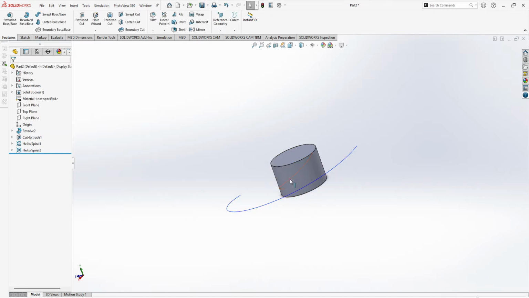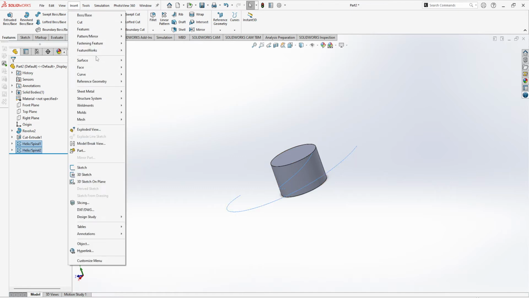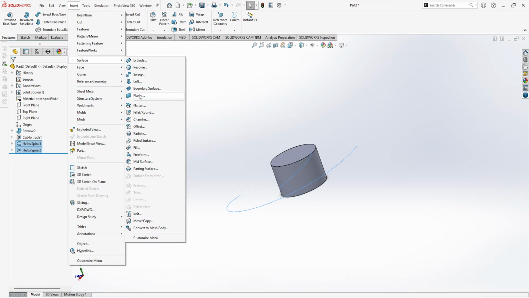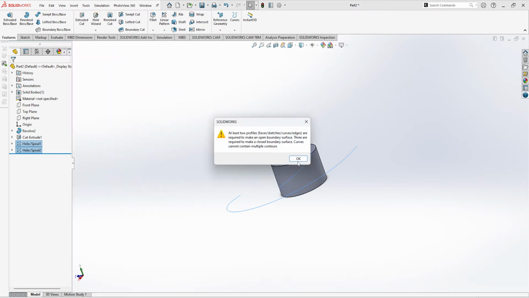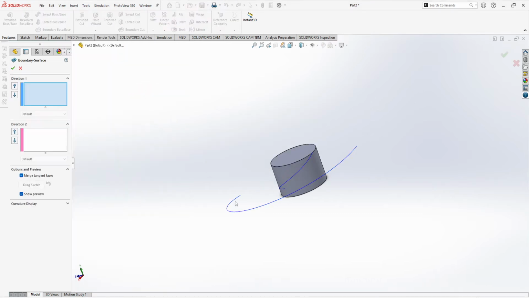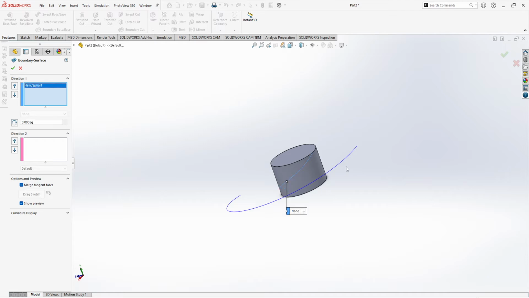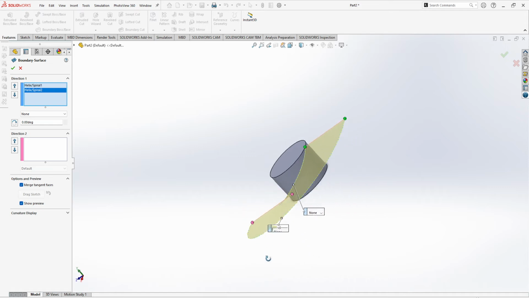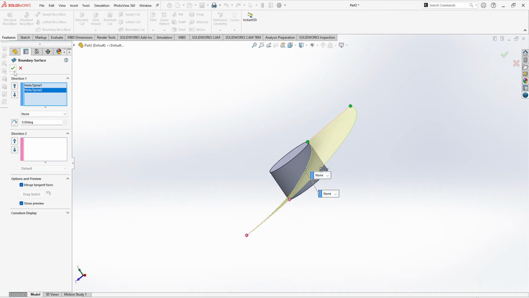Now we are going to select this, control, select this, go to insert, surfaces and boundary surfaces, hit OK. Oh, let's select these two. Yeah, now that's looking like a fin. So hit OK,